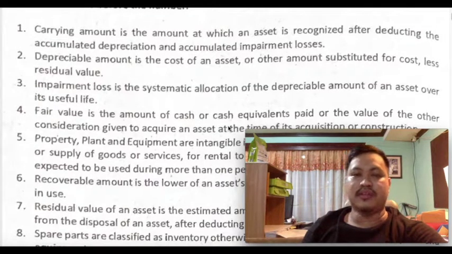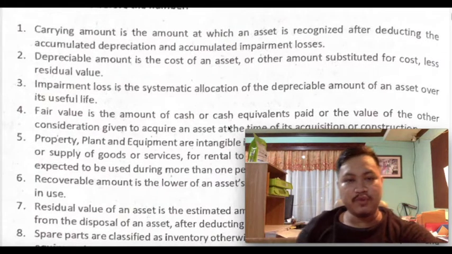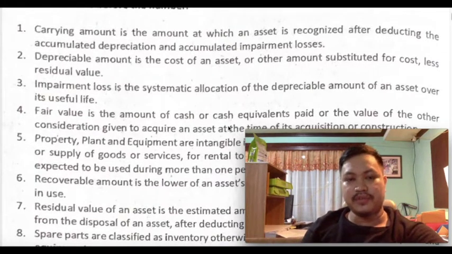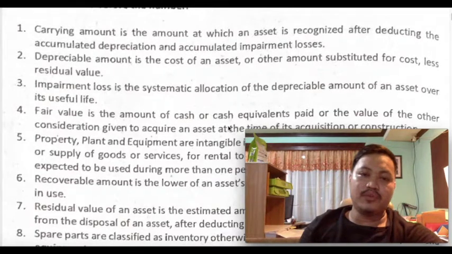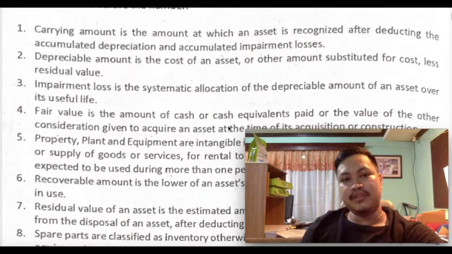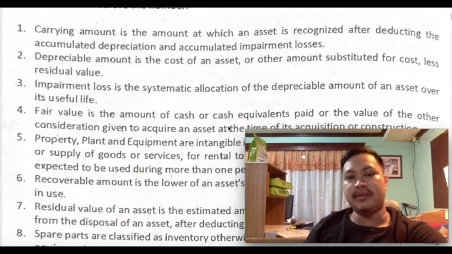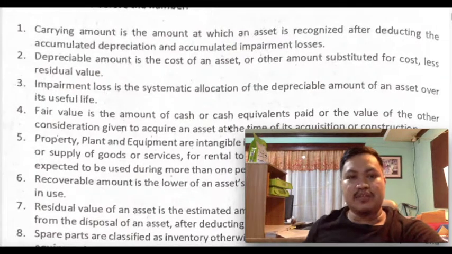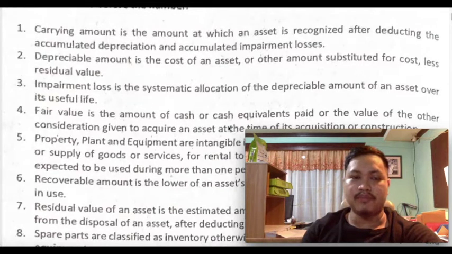impairment losses. So this question class again focuses on mere definition of terms, and as I have repeatedly reminded you class, you should always take advantage of this question because these kind of questions do not require analysis on your part but merely test your ability to remember definitions provided in the standard. And the statement provided in number one class is exactly the definition provided in PAS 16 with regard to your carrying